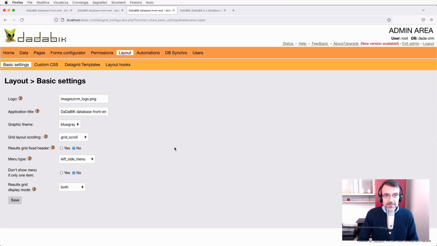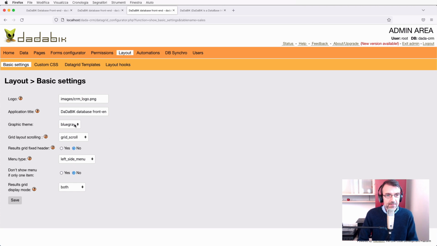And we start with the layout settings. So now we have a layout tab here with 4 pages. We have basic settings here. We can change the logo, the application title, the theme, the grid layout scrolling, basically the things that you typically set in config custom.php related to the layout,